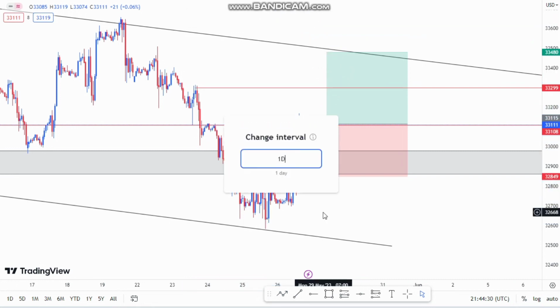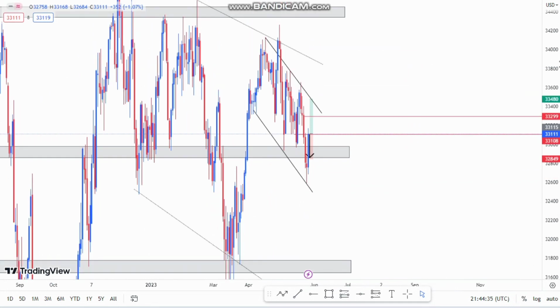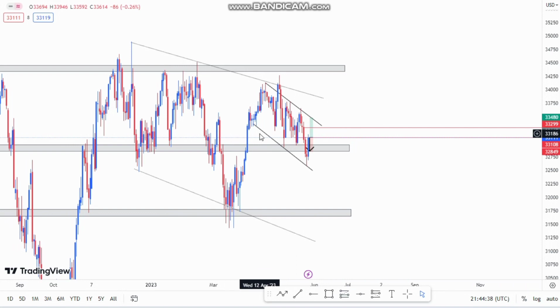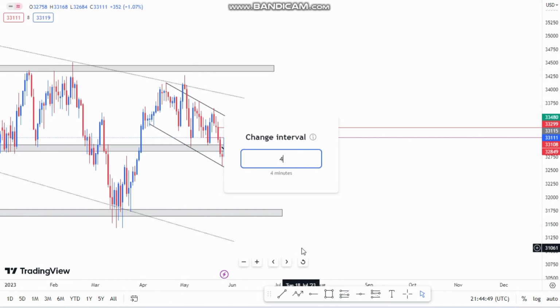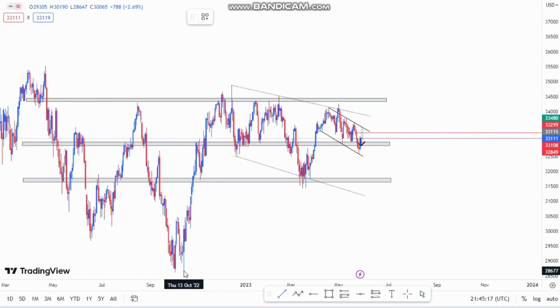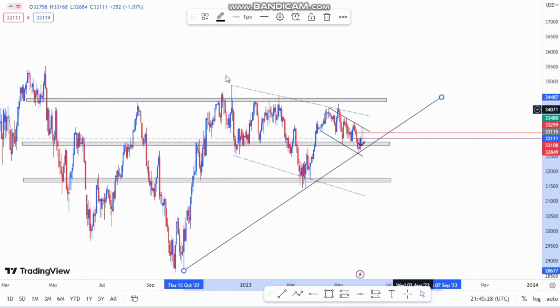But remember, we'll be anticipating buy movements on US30, and the reason for our buy movement, I hope you did not forget that, is because of this trend line here, the major trend line. So we're going to see if the market will respect the trend line, because this is the third touch on the trend line. I just hope we respect the trend line and push